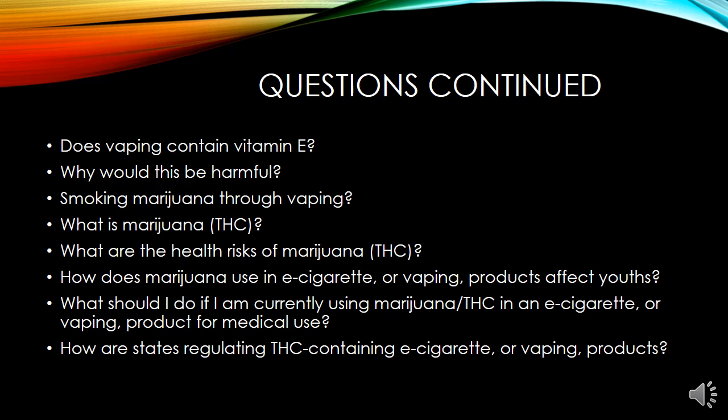What are the health risks of marijuana and THC? Use of THC, which comes from marijuana, has been associated with a wide range of health effects, particularly with prolonged heavy use. The best way to avoid potentially harmful effects is not to use THC, including through e-cigarette or vaping products. Persons engaging in ongoing marijuana use that leads to significant impairment or distress should seek evidence-based treatment by a healthcare professional.